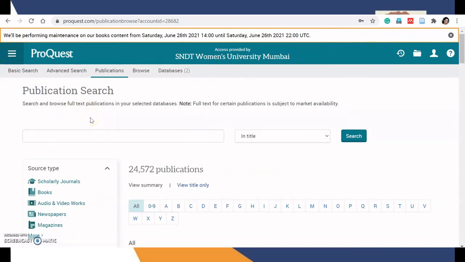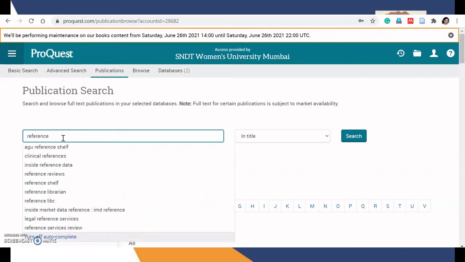Suppose I want to search journals which contain the name reference. Suppose I want to read articles related to reference services, reference sources in the subject of library and information science. I'm interested in finding the journals related to reference works, reference services. For that, you just type here "reference",